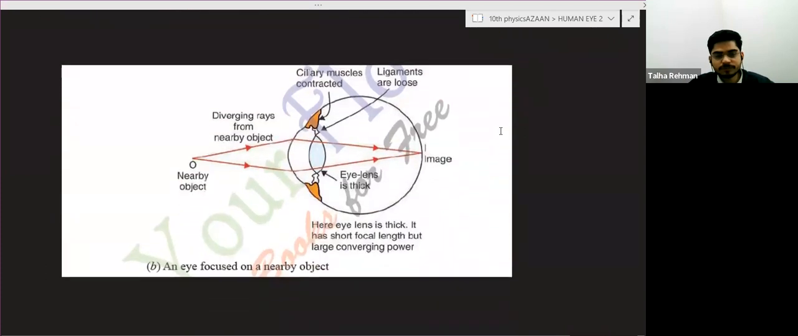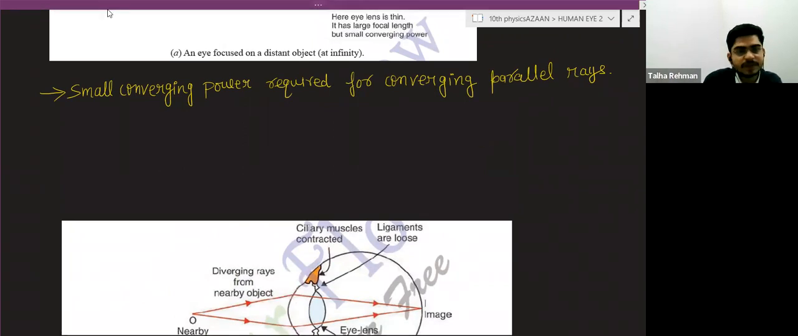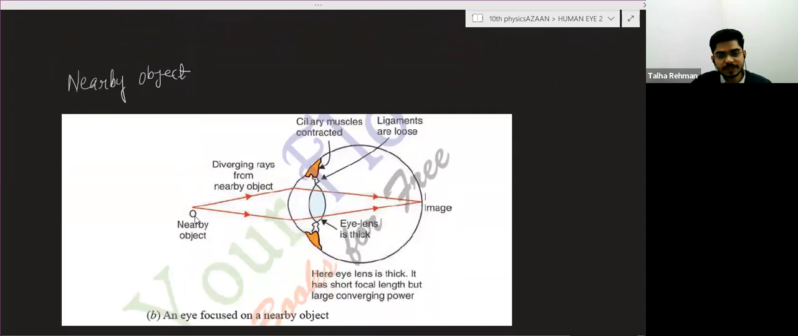Now, what happens when we see a nearby object? This is also very simple. I have told you that from the nearby object the rays are diverging rays. So see, this is the nearby object, it is giving diverging rays, and these diverging rays are entering the eye through this cornea, and after that passing through